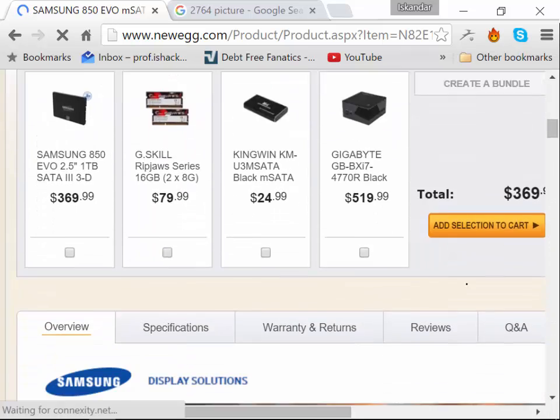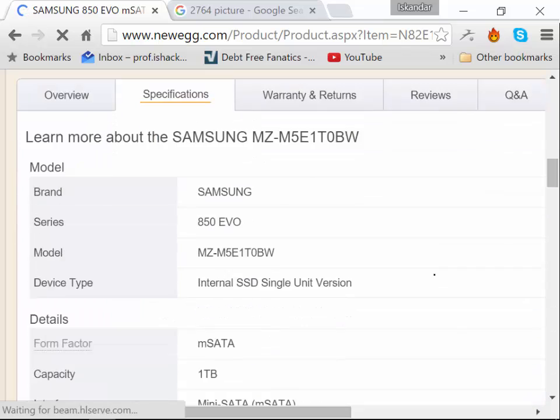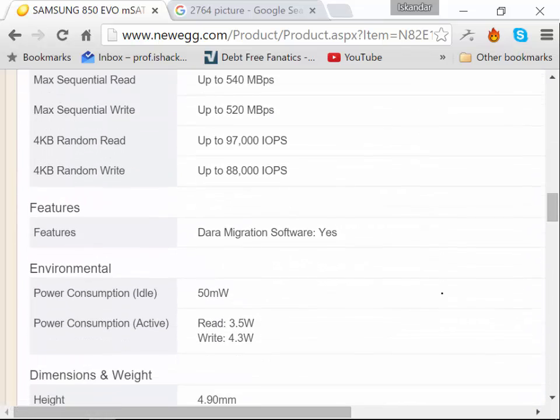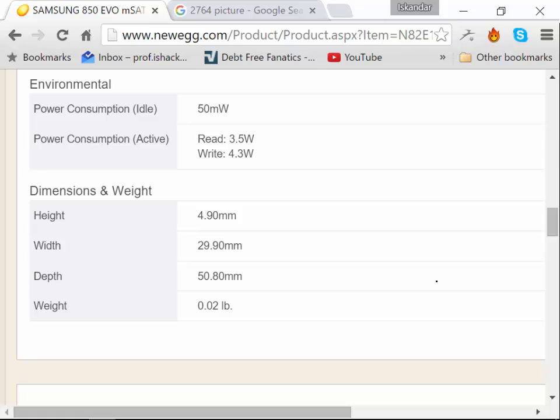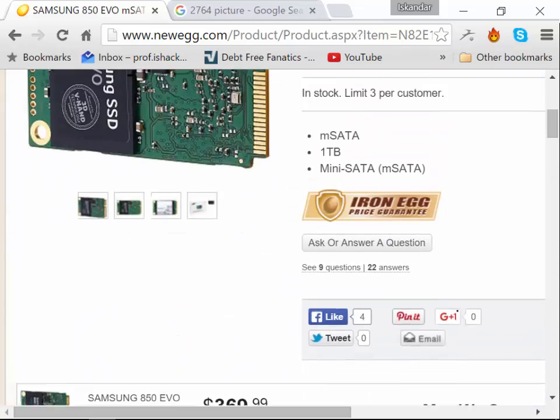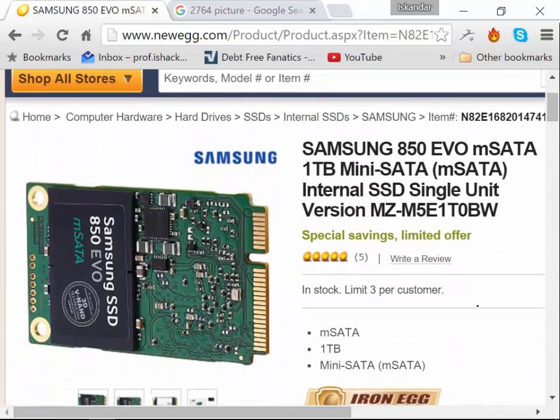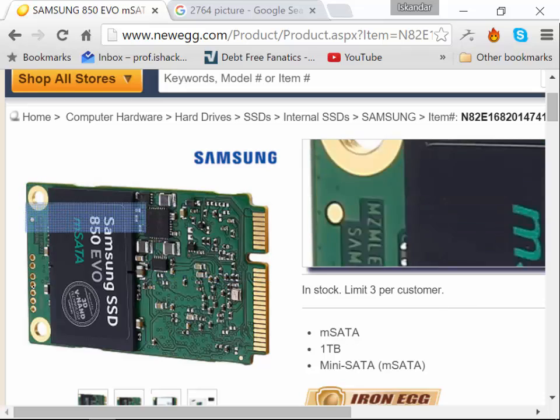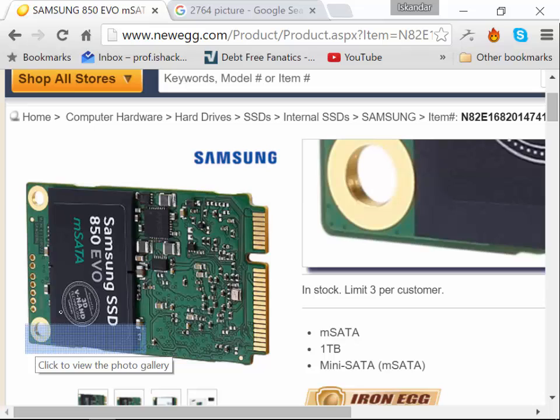Do they have the size listed here? Specifications. They probably don't. They're standard sizes. All right, 5 millimeters or 50 millimeters by 20. So you're looking at about 3 centimeters by 5 centimeters. That's not very big, is it? And this just plugs into what they call an M.2 socket on the motherboard, and then it screws into the top there, and that just mounts to the motherboard.